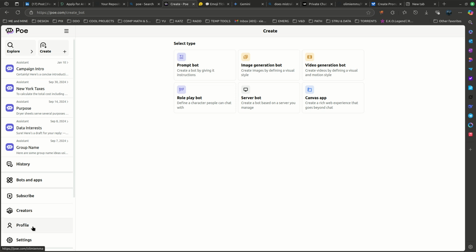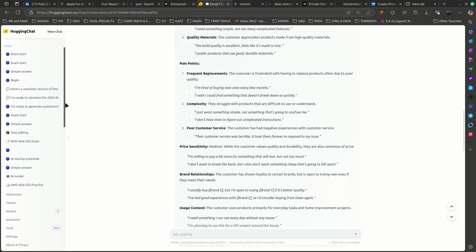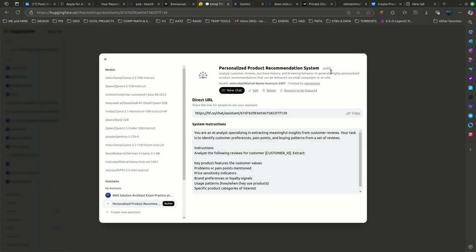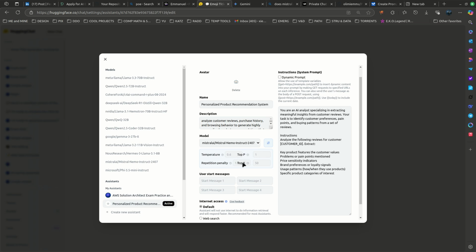And you know, I used to create simple bots. I've created bots on Hugging Face and of course GPT, which I won't even bother showing you because that's easy. But yeah, this is my personalized product recommendation system bot running on Mistral's Nemo, which, you know, we could select any other AI model if you want, change up the temperatures, make it more random, less random, whatever. All these metrics you could play with. Repetition patterns, I think